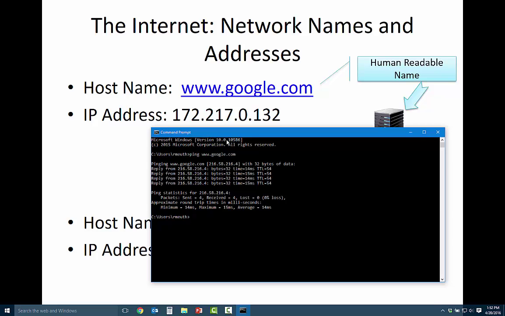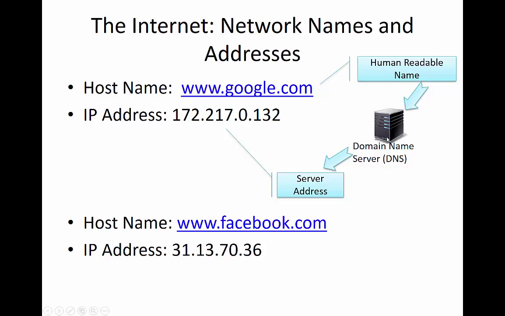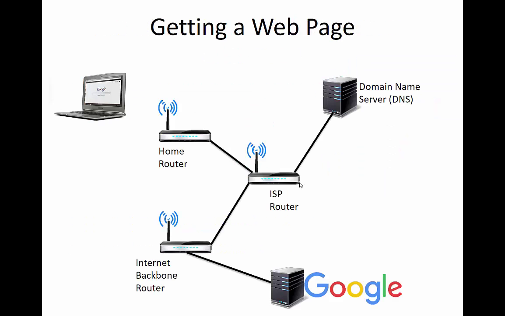And that human readable name gets resolved by what's called a DNS server, a domain name server. Right, so this is a special machine that works for the internet that translates human readable names into server addresses that the rest of the internet can use to communicate. So what happens when we get a web page is, first we are requesting a web page. We'll type www.google.com into our laptop, and the first thing that happens is that laptop asks what's the machine address